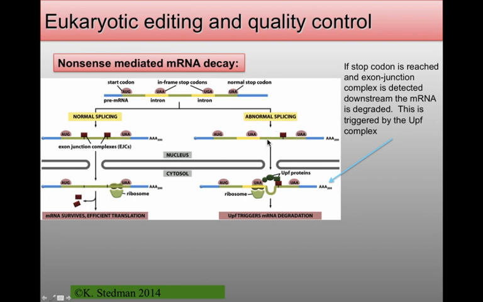In many cases, splicing doesn't happen properly, and what you end up with are these exon junction complexes that are downstream of a stop codon. Usually when you translate, the translation machinery, the ribosome, will bump off these exon junction complexes. If these exon junction complexes are not bumped off the RNA, and you arrive at a stop codon, then this is clearly an RNA which is incorrect, and it gets broken down.